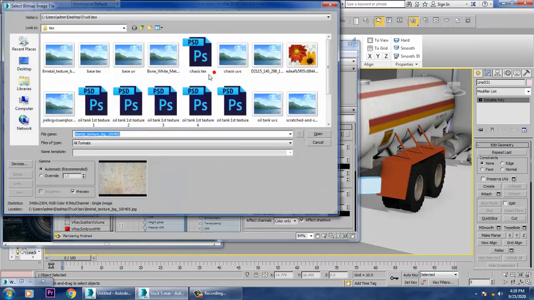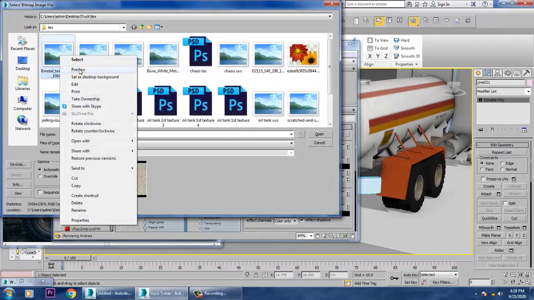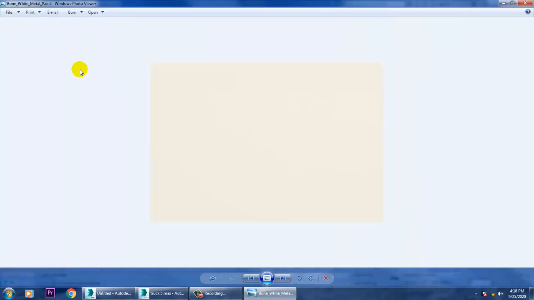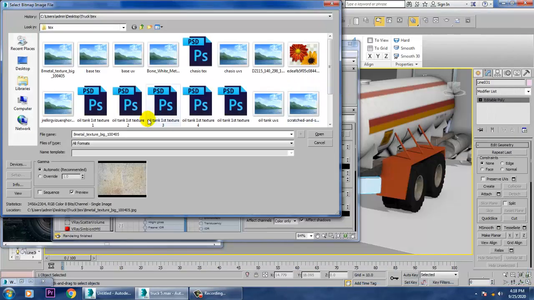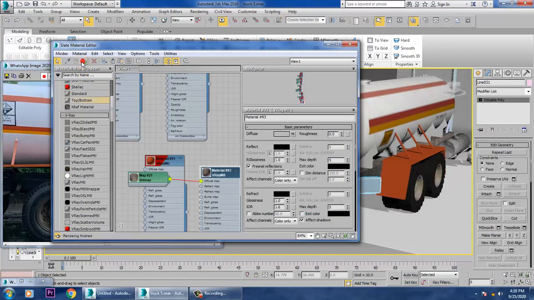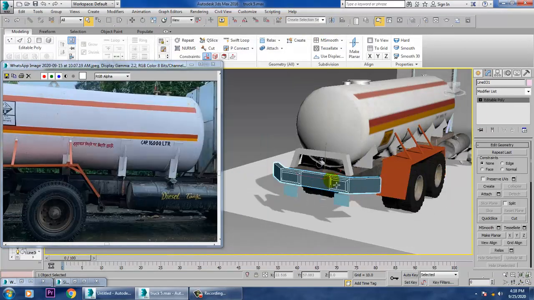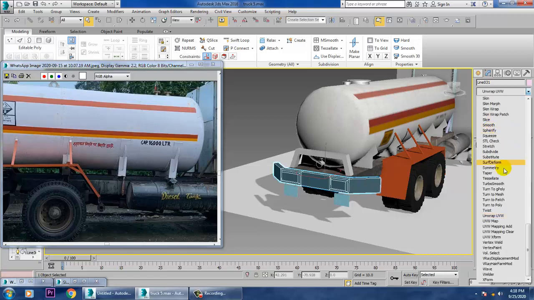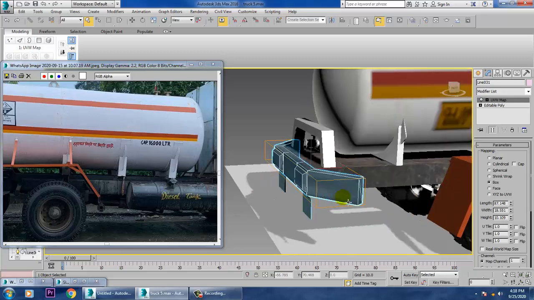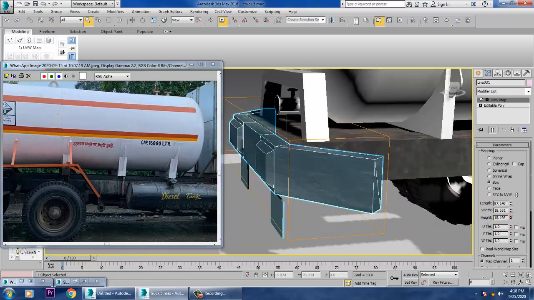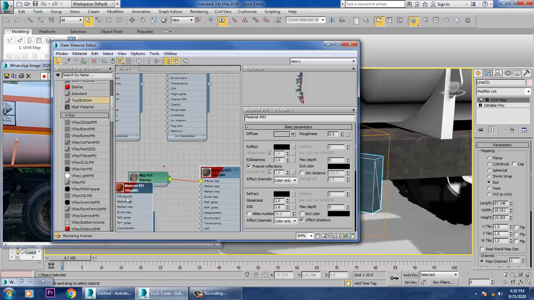So let's just right click and just preview this. So we can go over here and we can take this, or we can take this also. That is this material. So let's just assign this over here, and let's give a UVW map. So definitely we'll be assigning this individually also. So over here you can just increase the size, and you can go into the material again over here, and